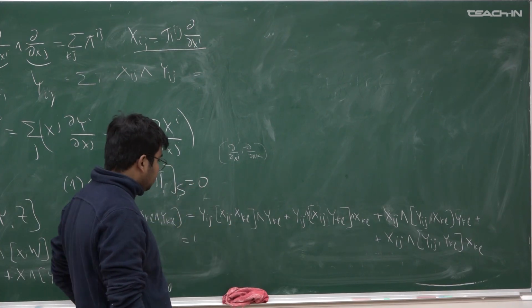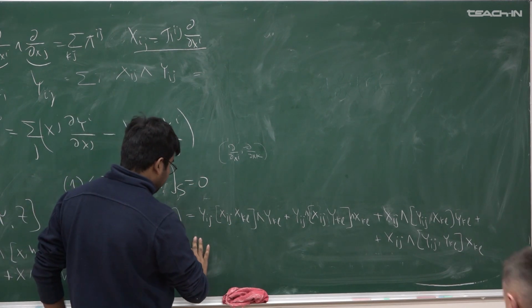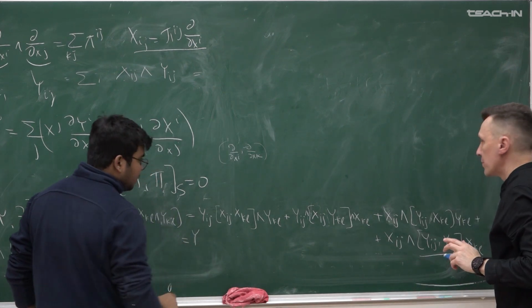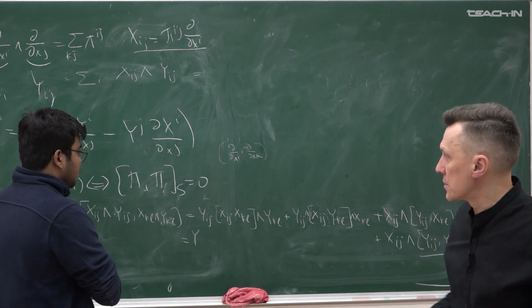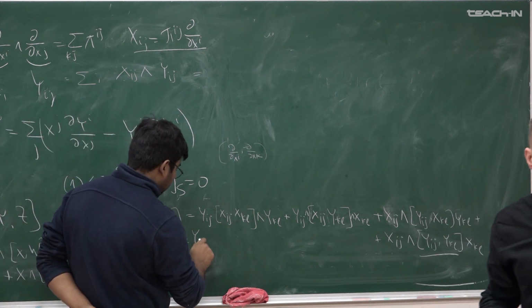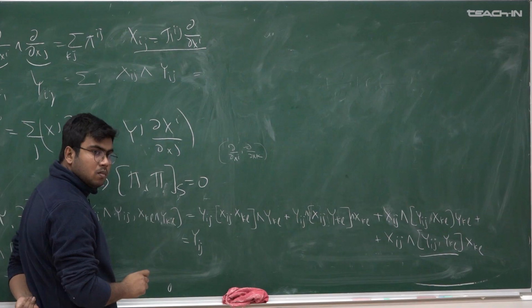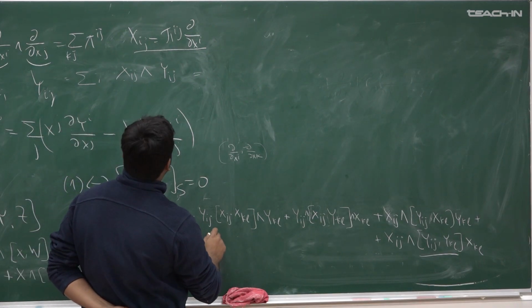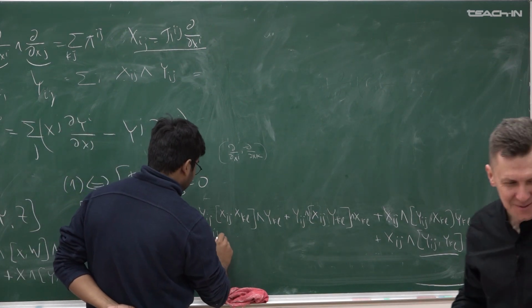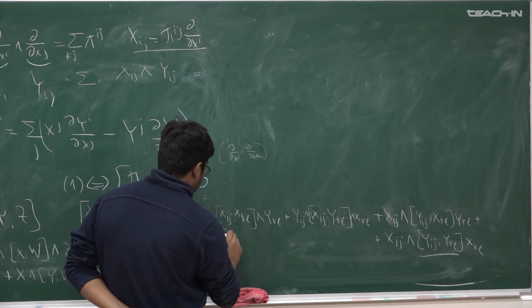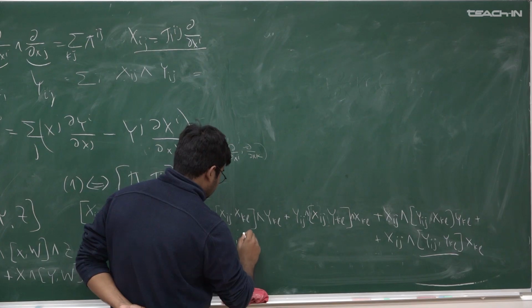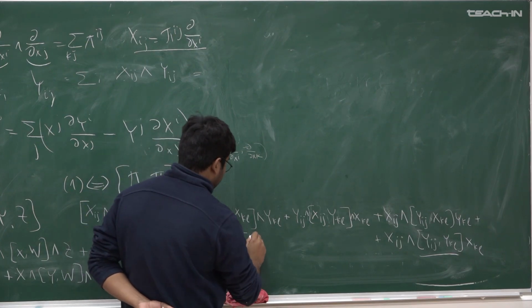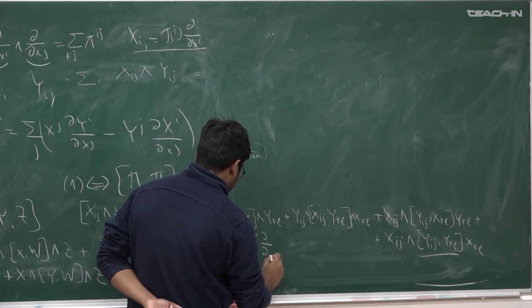No, this is not 0. Well, let me better write it explicitly. This is 0, because it's a commutator of constant vector fields. This is 0. Do you understand? xi, and then i, kl, x